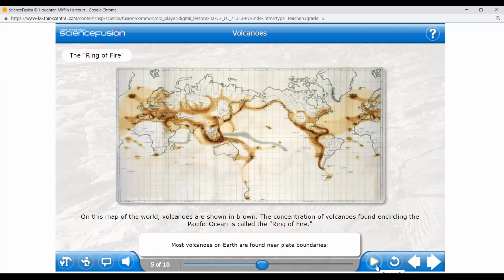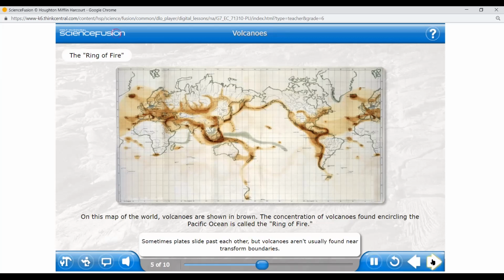The concentration of volcanoes found encircling the Pacific Ocean is called the Ring of Fire. Volcanoes on Earth are found near plate boundaries, places where 2 tectonic plates are moving away from each other or moving toward each other. Remember, when tectonic plates move away from each other, we call it divergent. And when they come together, sliding or banging into each other, that is called convergent. So that is where we find these volcanoes